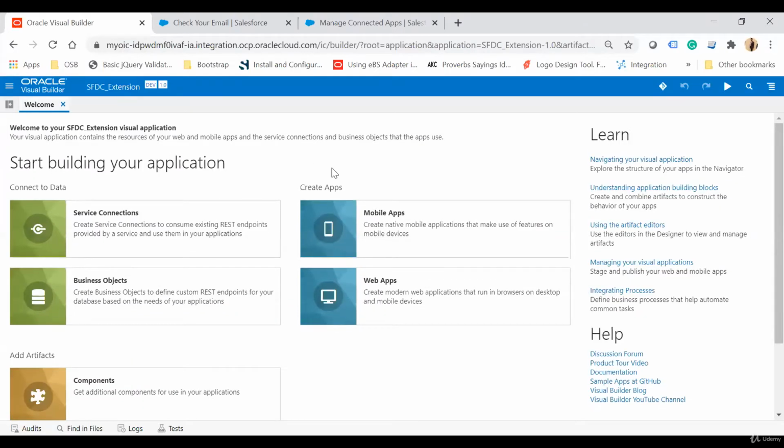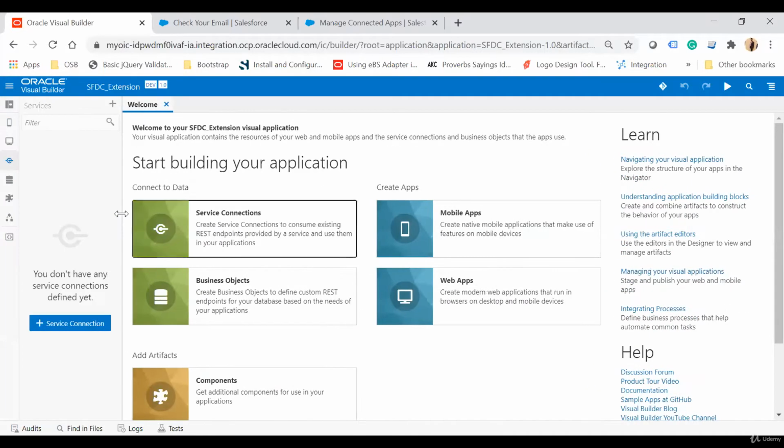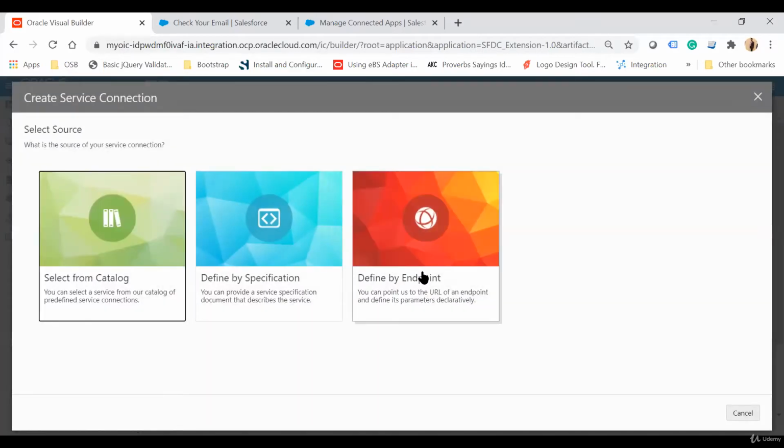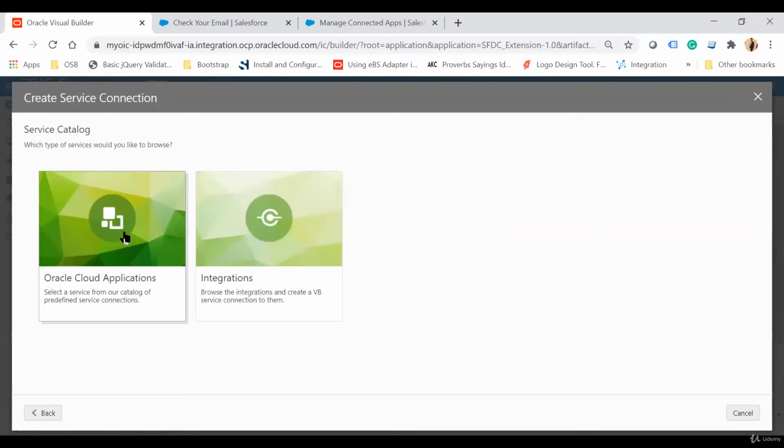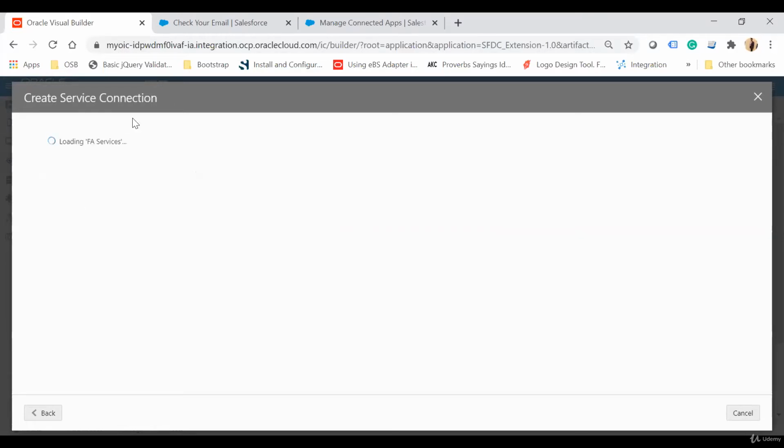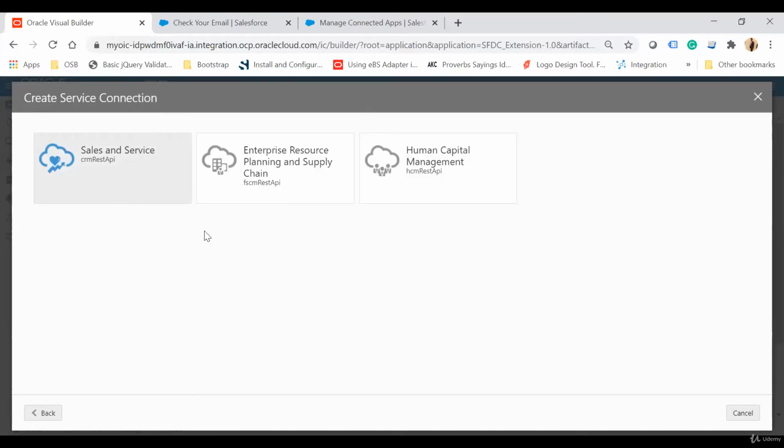So before I create a web application, I have to create a service connection which will be used to call the SFDC APIs. Click on this service connection and then define by endpoint. If you wanted to integrate an Oracle Fusion application, you need to select from catalog and then Oracle Cloud application. This is the inbuilt catalog, and here you need to provide